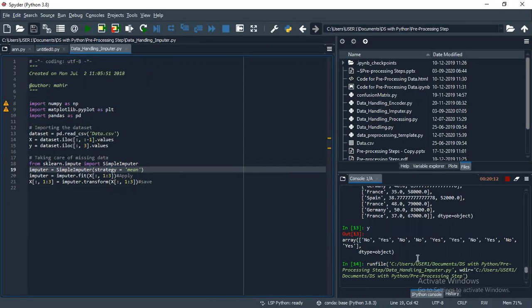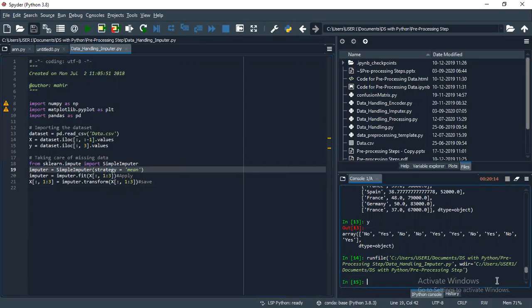One minute. Let me check again. Yeah. So there is no need to add missing values. The reason is that by default, SimpleImputer takes the missing value as NaN itself. So we can give a strategy, that is nothing but the mean. By default it's applying column based only. It's not giving any row based as of now. SimpleImputer by default applies column based only. It's not applying any row based.